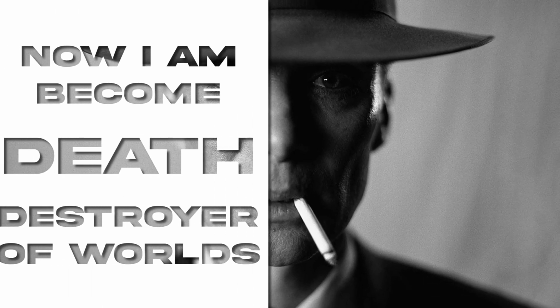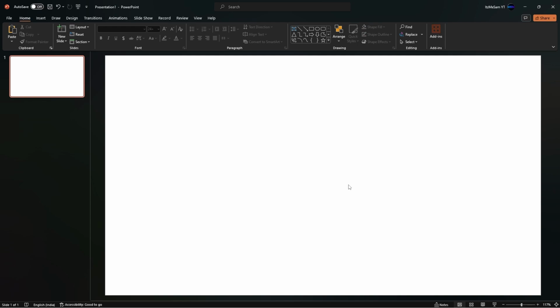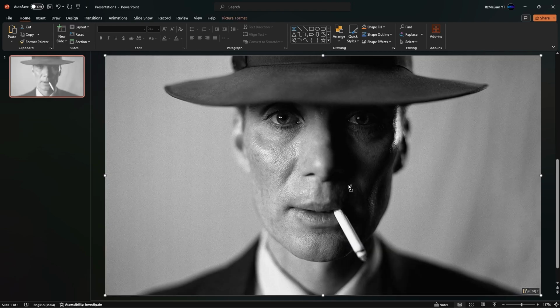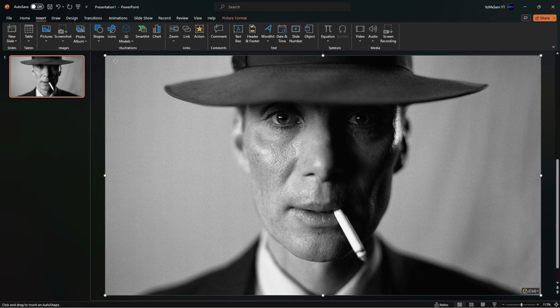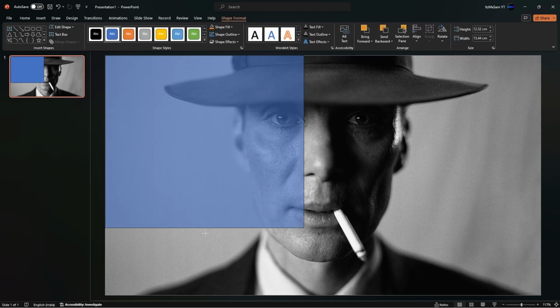So in this video, I'm going to show you how to make this code, design, and transition. So we'll start with a blank slide, then paste in your image and fill the entire slide with it. Now, once you have your image, go to Insert, Shapes, Rectangle, and add a rectangle that covers about half the